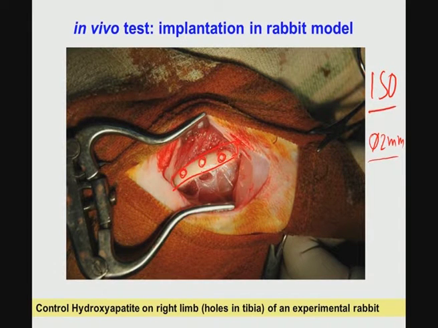So, this kind of dimension is to be closely fitted into this femoral defect. After you put these things, the next stage is just to stitch the wound. Once the wound is closed, you have to take care of the animal sufficiently and appropriately, so that you can observe the natural behavior of the animal. You can monitor the weight change of the animal after this implantation is done, and you can also see any abnormal activity and inflammation, which you can see very easily from outside, just for the macroscopic view.